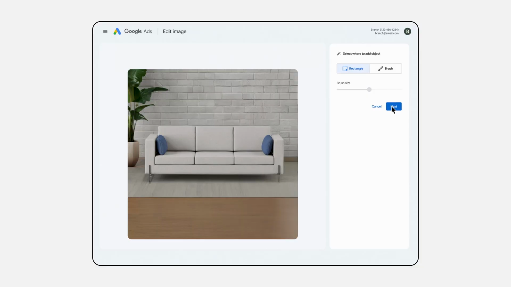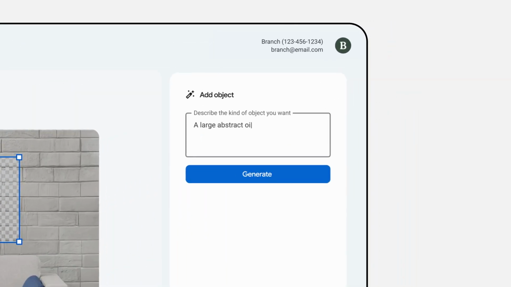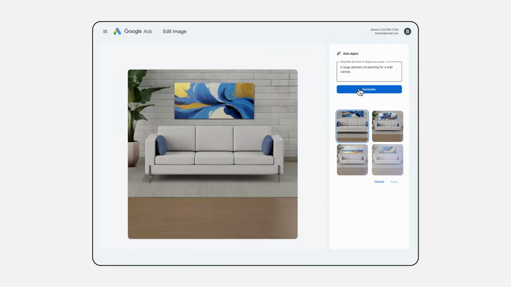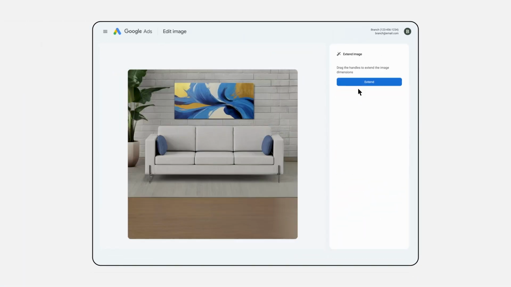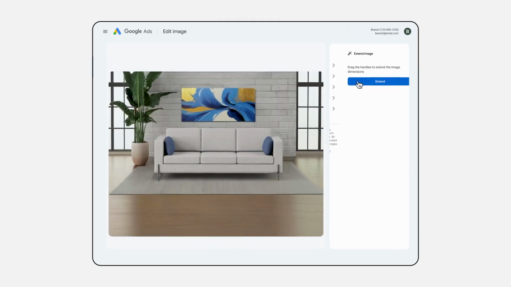For example, you can now dial in the exact colors and font for your brand when you're using this tool to generate assets. And you can use their tools to edit your images, like this. And let's spruce up this wall with a nice piece above the sofa. We'll go with an abstract oil painting to bring in that color. Let's see what it comes back with. Perfect. And finally, we'll extend the background so that we can accommodate any size, orientation, and aspect ratio for all